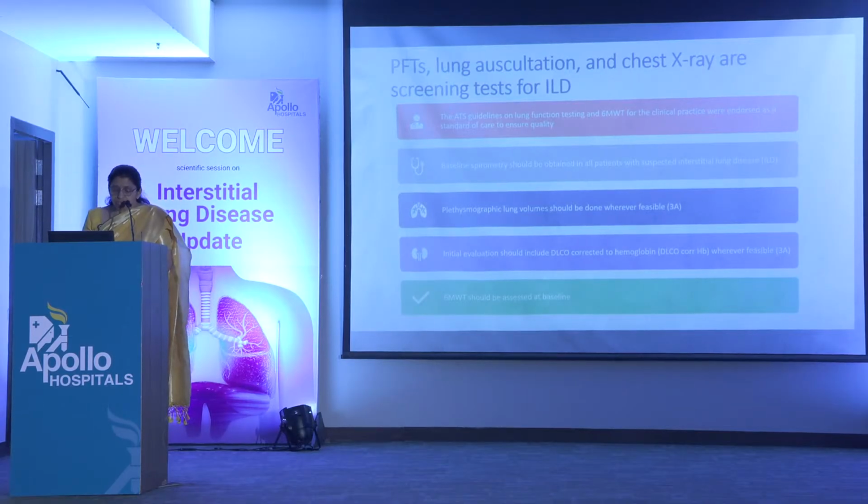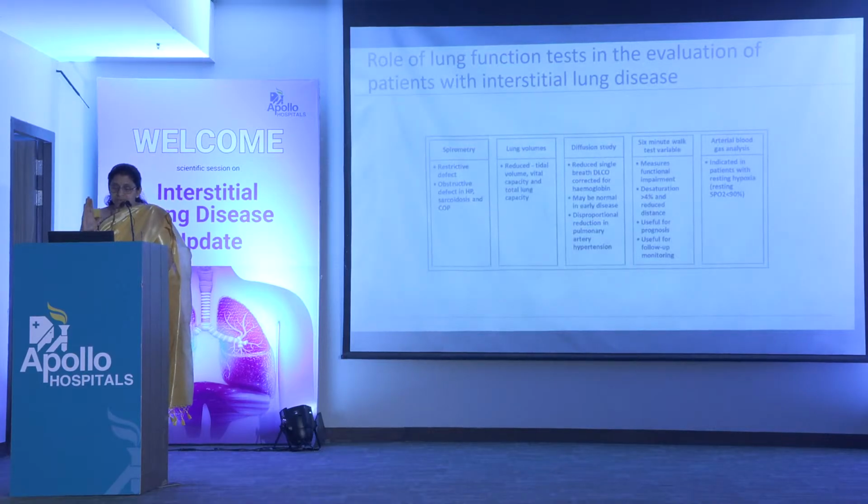And so we do the DLCO, we check the diffusion capacity, 6-minute walk test and arterial blood gas. So you check the oxygen saturation as well as try and check the arterial blood gas if possible. Why does the arterial blood gas help us? Because through a broad range of PO2, the saturation will still remain above 90. So you may have a patient with a PO2, partial pressure of oxygen, of only 60, but the saturation will still be above 90. So really if you want to know how bad the oxygenation is, you need to do a